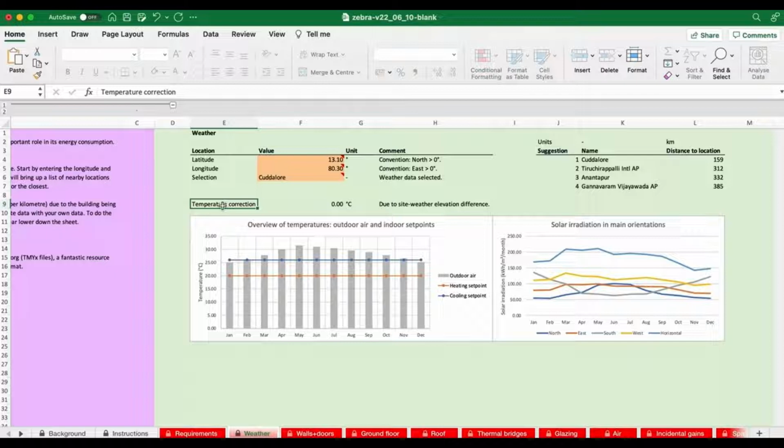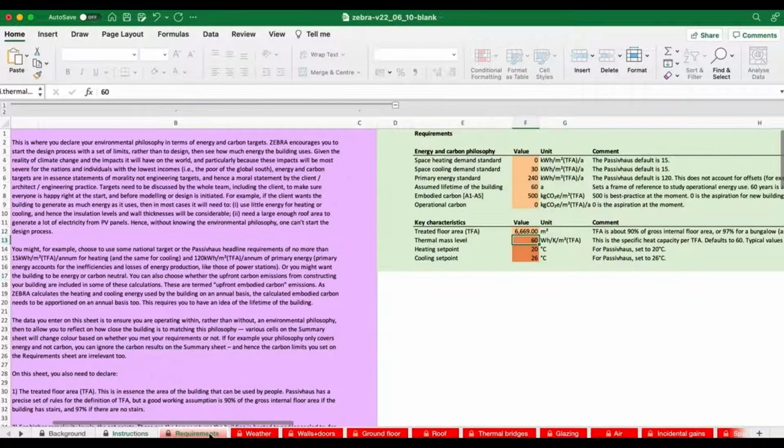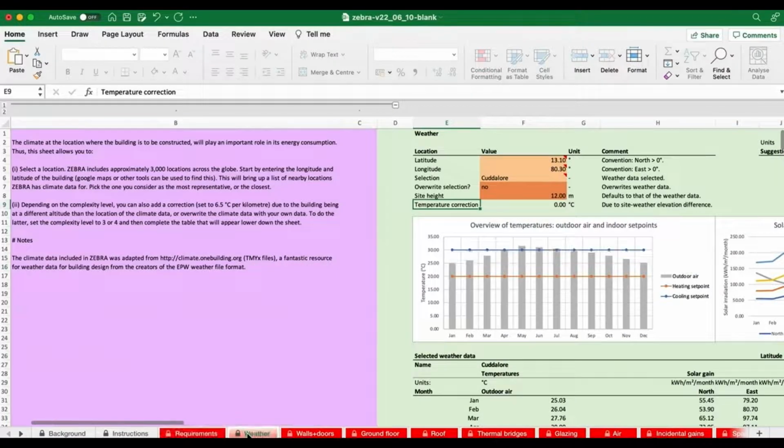Now, as I said right at the beginning, we want to use a different set point, and we don't have access to that at complexity level 1. So we're going to quickly drop back, reset the complexity level to 3, go to the requirements page, set our temperature to 30 for the cooling set point, and then we can return to the weather page, and we can see that new set point has been replotted on the graph.